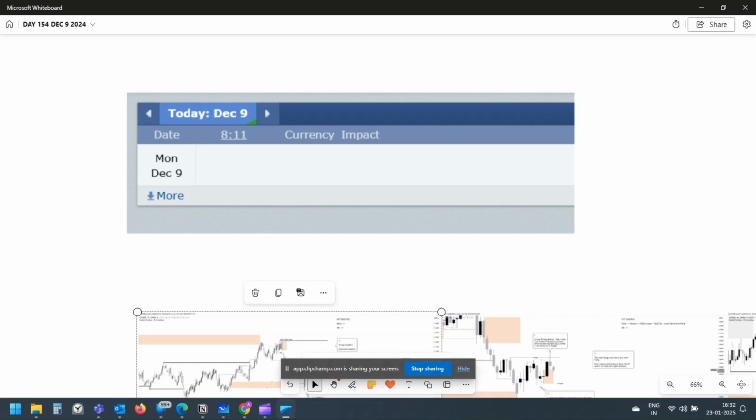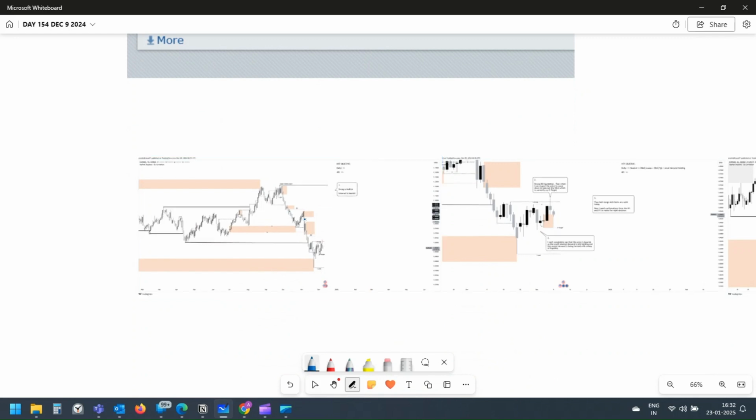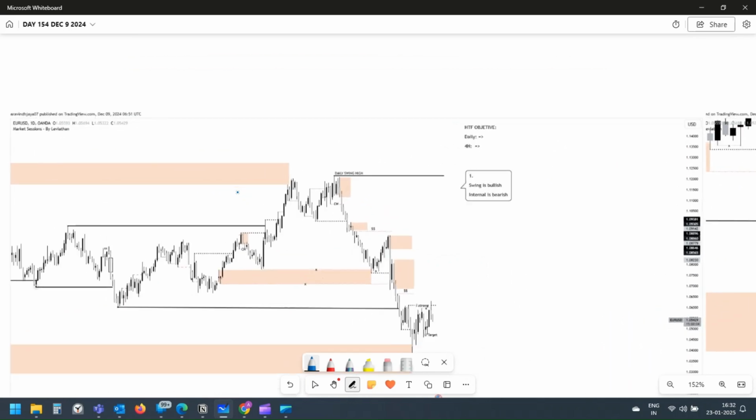So today I'm going to recap day 154, and it's December 9, 2024, Monday. Let's start with the euro dollar from the daily perspective, and let's jump on to the GU. To summarize, I didn't get any trades on both EU as well as GU on this day. So let's zoom in and see what happened on both EU and GU and why I didn't get any trades